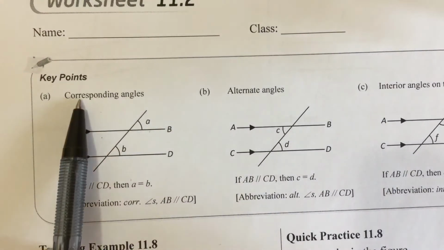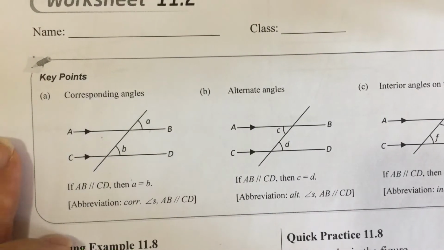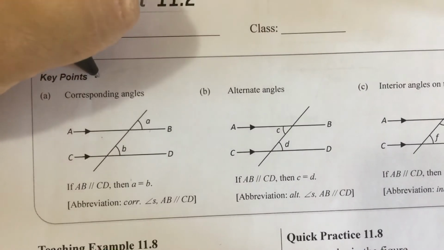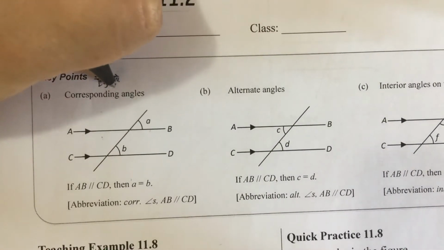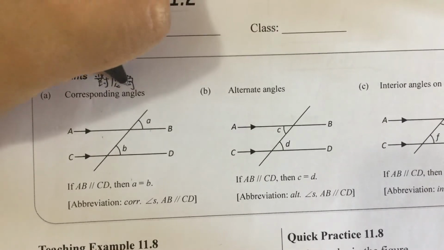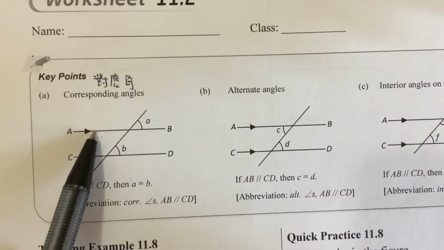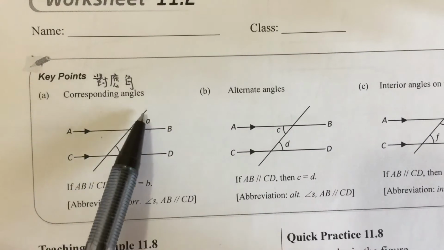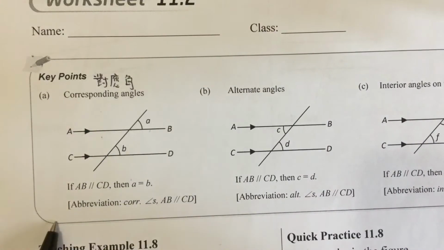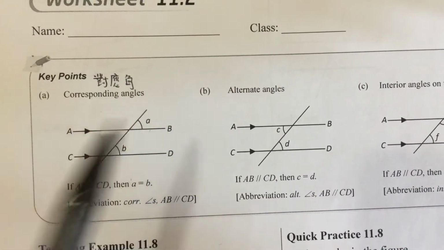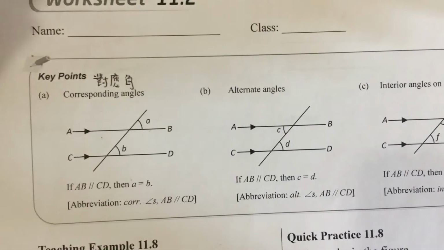The first type of angle is called the corresponding angle. In Chinese, it's called 對應角. What is the meaning of this? We can see for the straight line AB of this pair of parallel lines, we have a stroke like this, and we have the angle A. And we found that for this angle A,